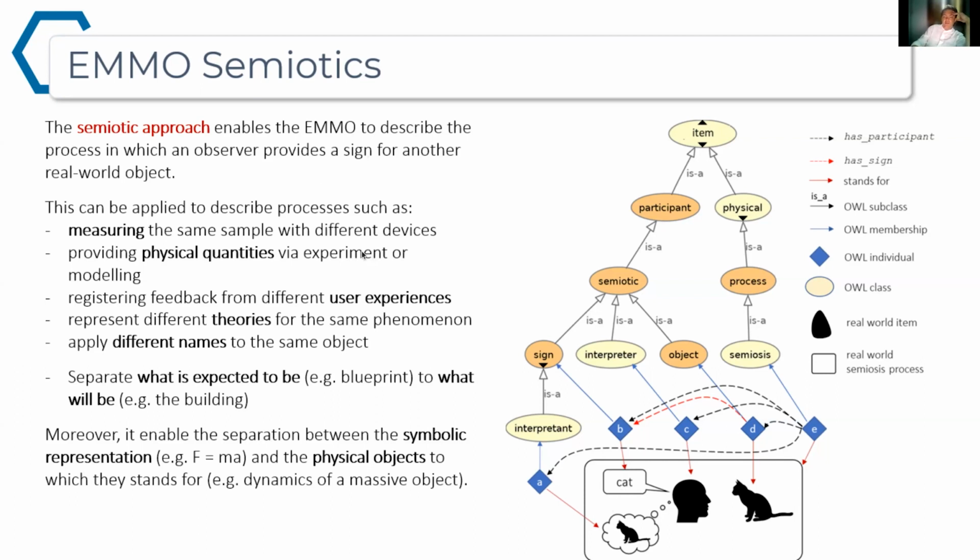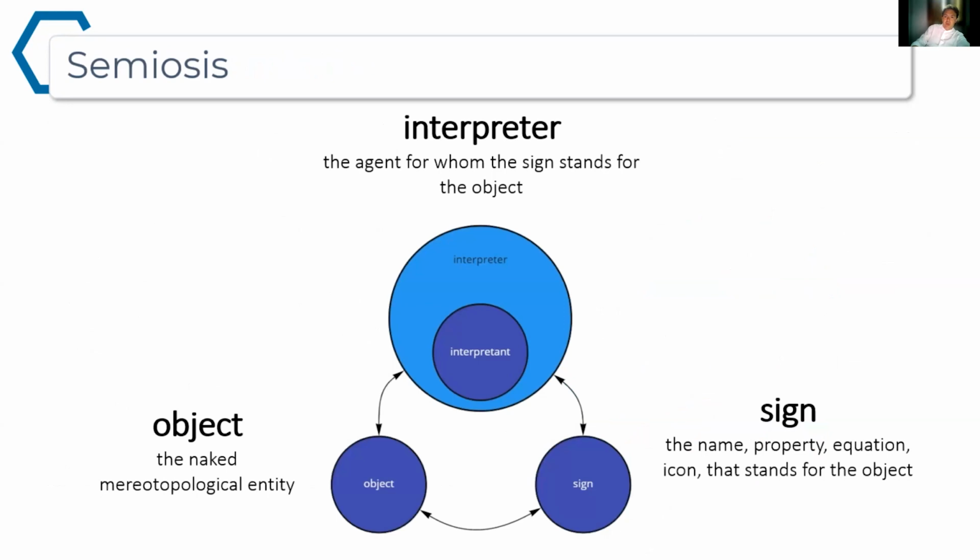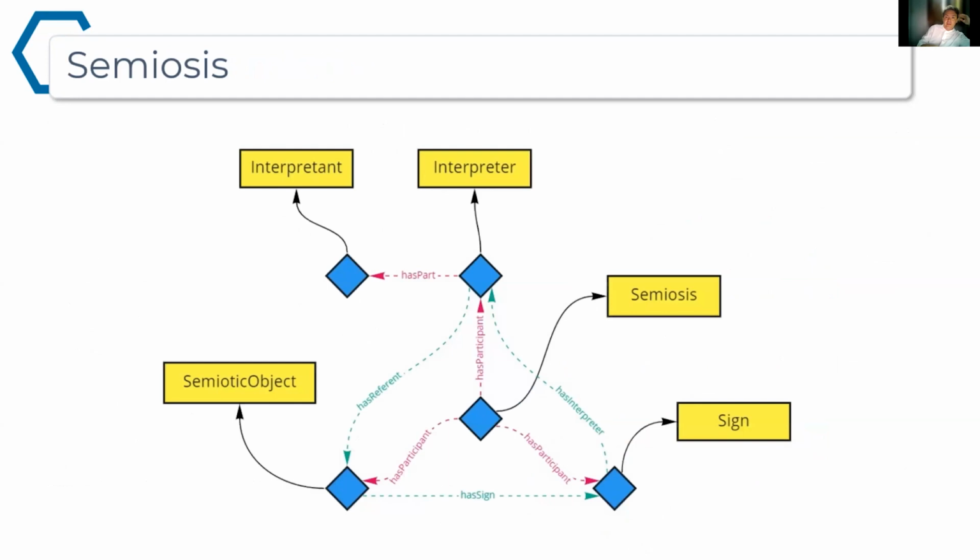And what we did is to apply this to all the scientific ways in which we can generate properties. Because if you think about a property of an entity, it always comes from an observation or from a model, for example. So what we did in the EMMO is to build this structure